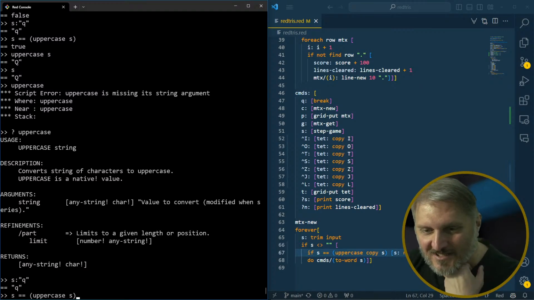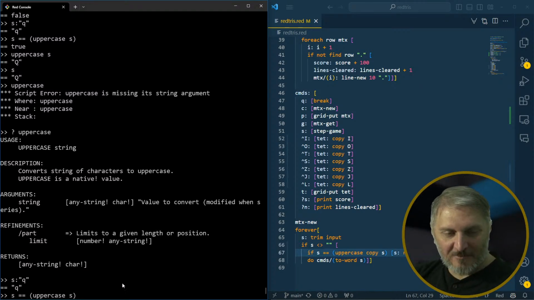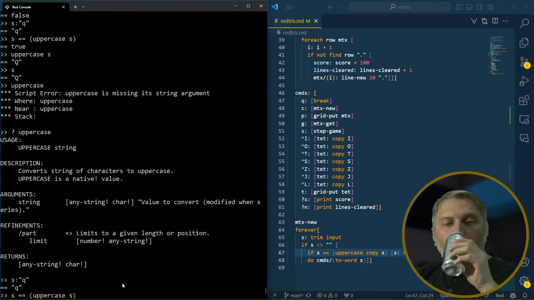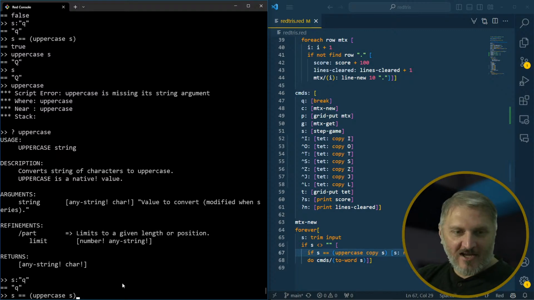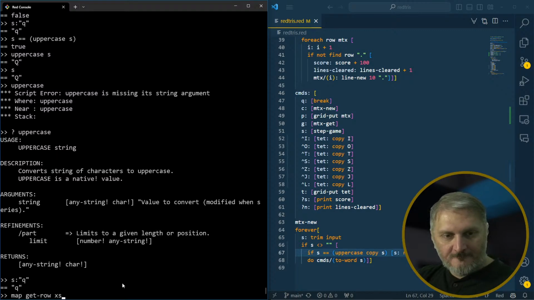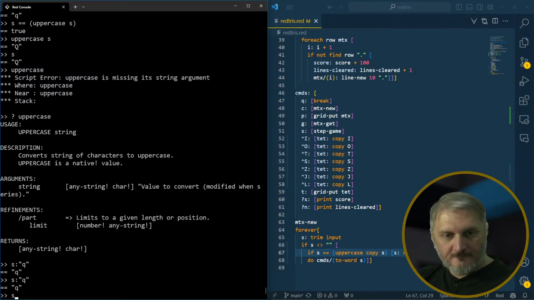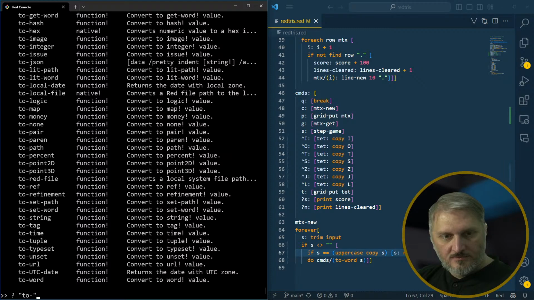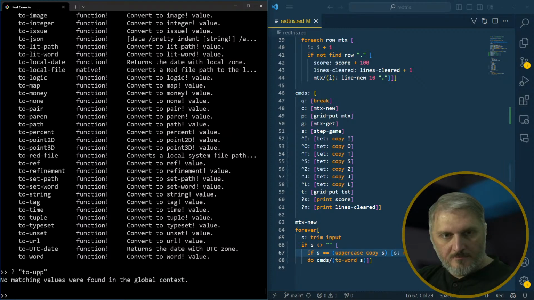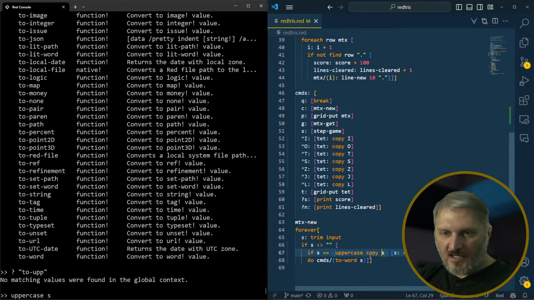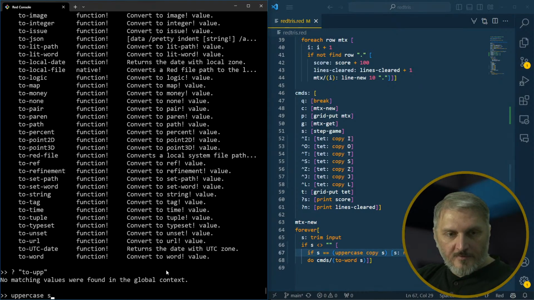Yeah, this is what I didn't like about Red. It's not functional, it mutates things. That's bizarre behavior. That should never happen in a language. That's my bias, anyway. Is there like a 2? No, we said there was no 2 upper or whatever. Okay, well, but uppercase copy, you have to use the word copy everywhere here. Okay, so